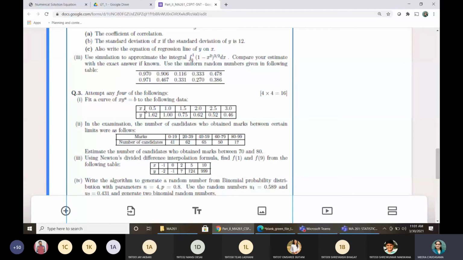Now in this second example, question 3, second one, many of you have done this incorrectly, because if you see, the method of solving this is, first you have to consider the classes, meaning 0 to 19 means less than 20, then 20 to 39 means less than 40, less than 50, less than 60, and less than 90, and the corresponding cumulative number of candidates you have to consider. And after that you have to apply Newton's backward interpolation formula for marks obtained between 70 to 80.